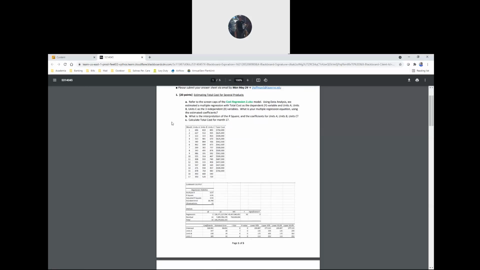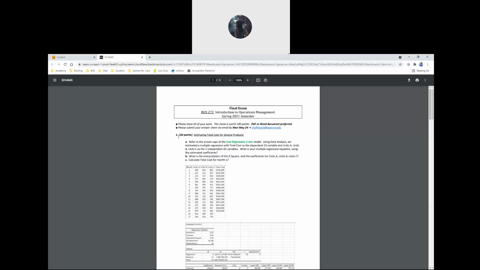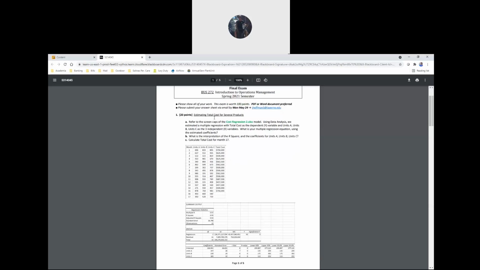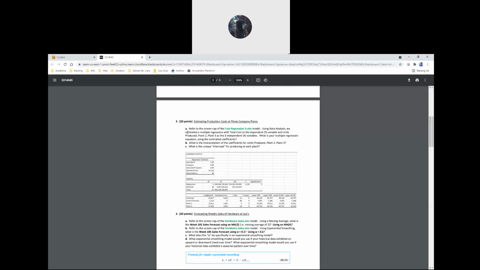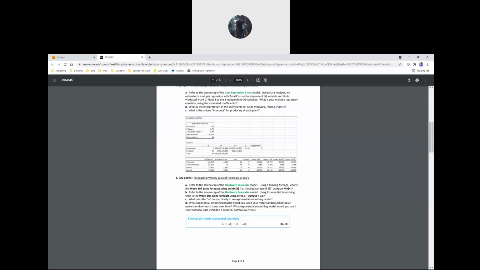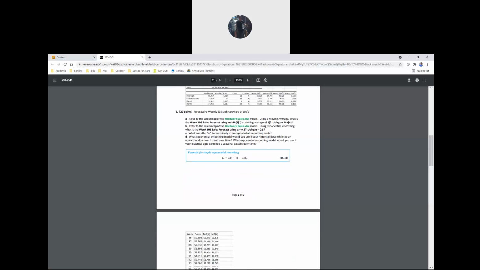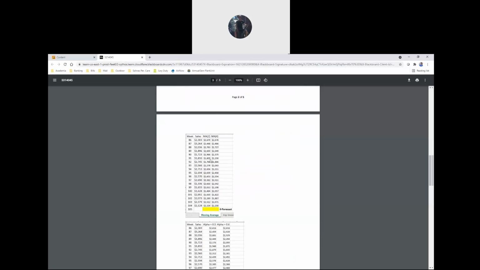You'll see that you've got the same type of questions that we went through. Number 1 is on the multiple regression with the total costs and the different units, cost regression 2. Number 2 is on cost regression 3, where you've got the multiple regression with the binary variables for producing at different plants. Number 3, you're going to calculate a couple of moving average forecasts and exponential smoothing forecasts based on this information